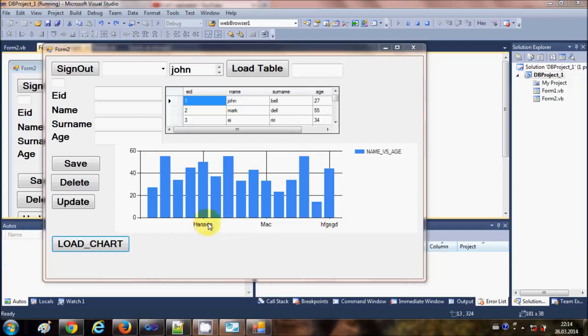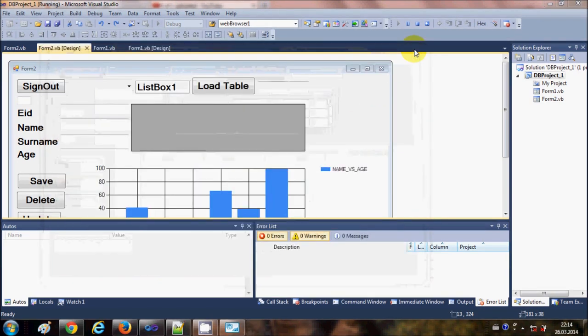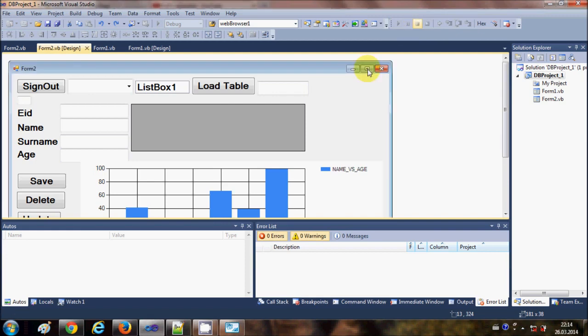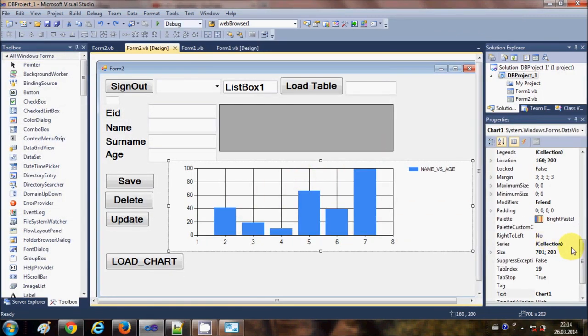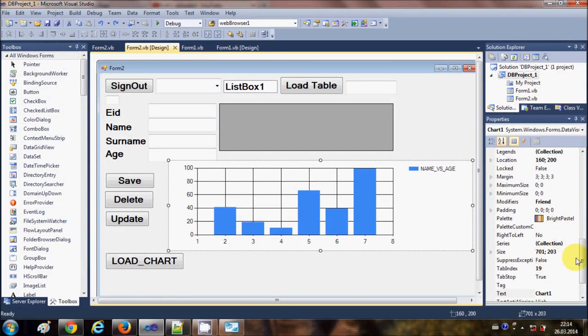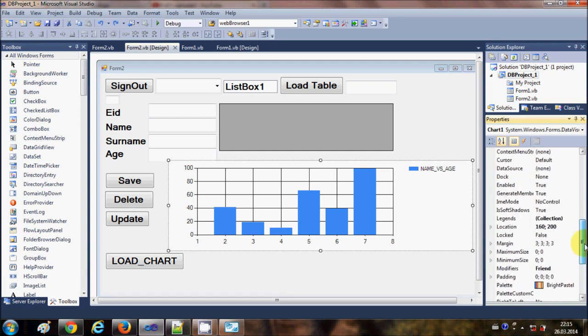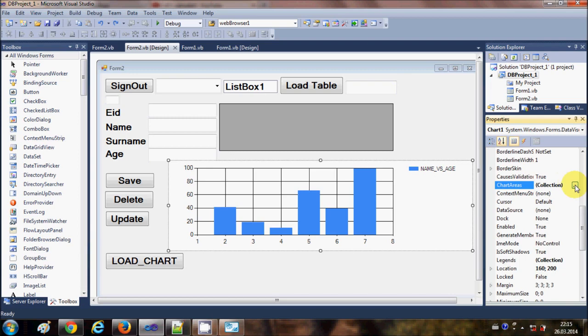And for example, I want to show all the names versus these bars. What can I do is I can go to my chart once again, and I will go to the property called chart area. So I will go to the property called chart area and just click this collection button here,